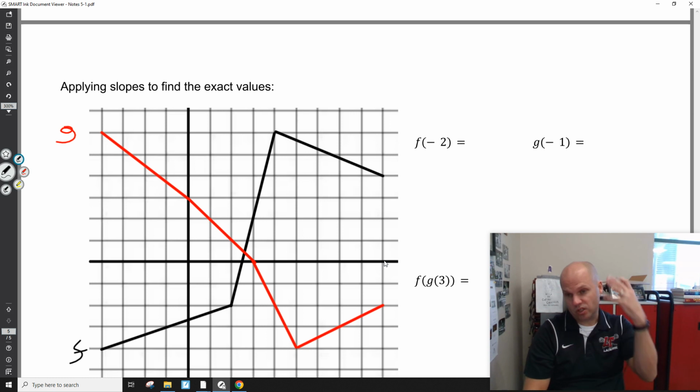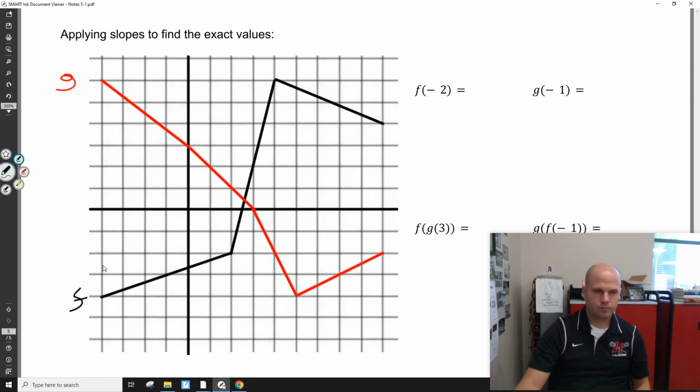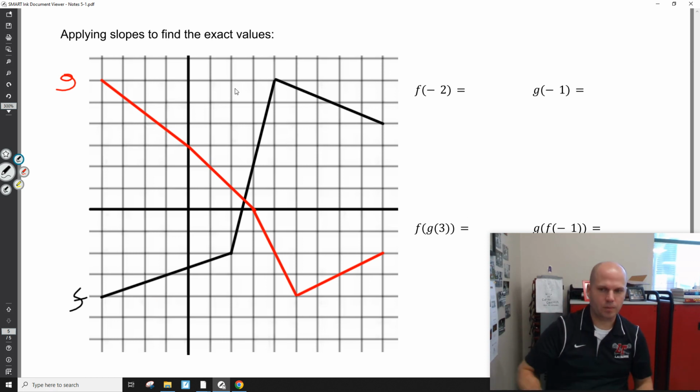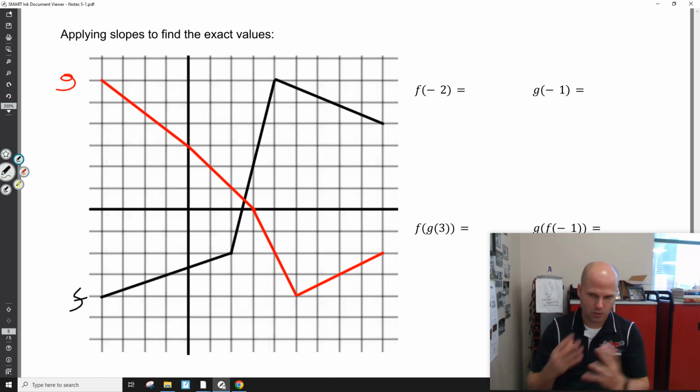We can see functions on graphs. Here's a g function. Here's an f function. We're going to challenge you here. We're going to make it a little bit harder. We are going to be asking you to find some f values or g values that are not obvious. For example, what's f of negative 2? Okay, and then we're going to compose it. F of negative 2, so here is 0, this would be negative 1, this would be negative 2. What is that y value? Now,